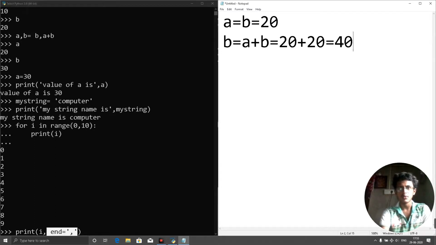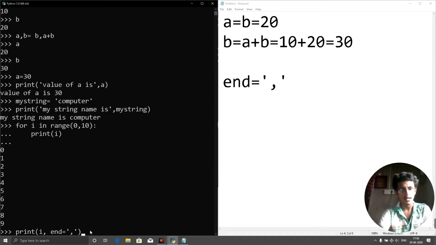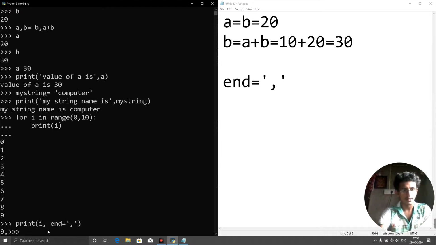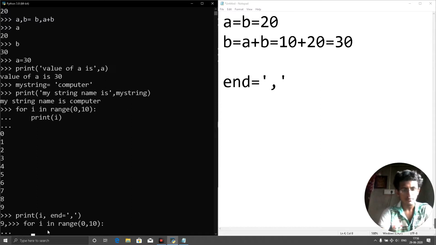Okay, here we got this. I think in the previous example, it is not 20, it is 10, what we thought is 20, but actually it is 10 plus 20, so it will give 30 because they are evaluated first. And another thing we have to remember is that if you want to print anything in a straight line, continuously without jumping to the next line, we have to use end equals to, in quotes, after what we have to print. Now if I click enter here, no, sorry, I forgot to write the for statement here, so it only printed that much. So for i in range 0 to 10, then I will write print,